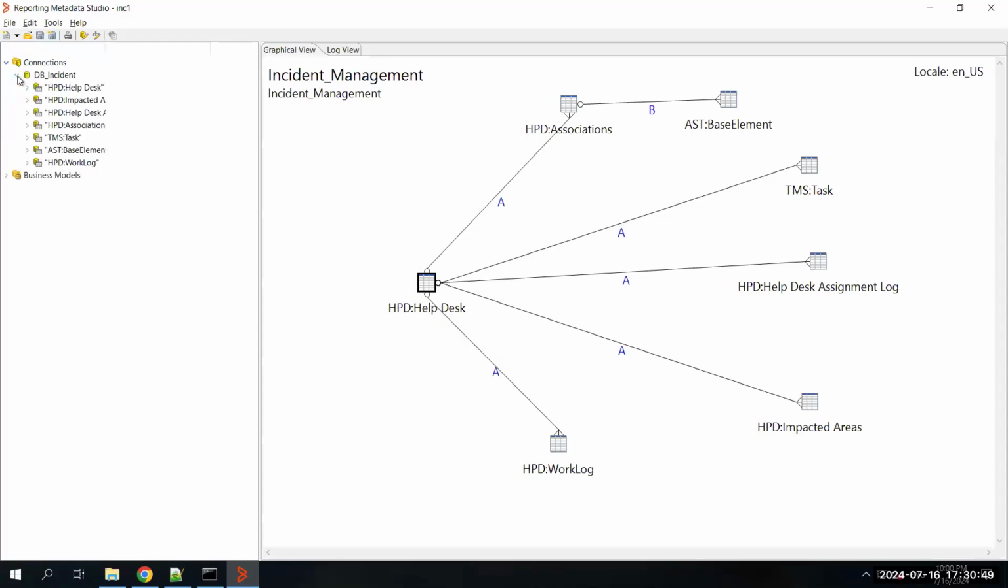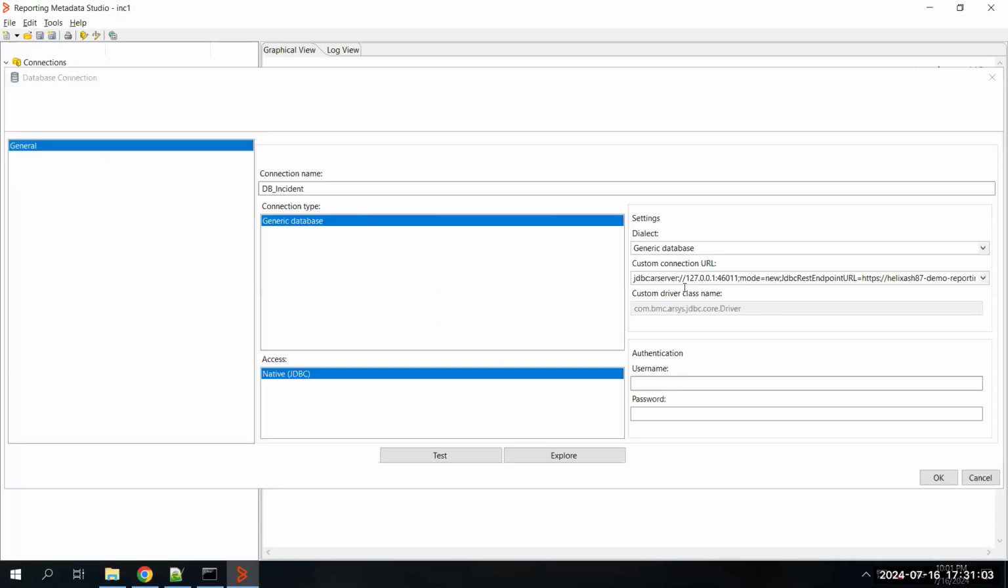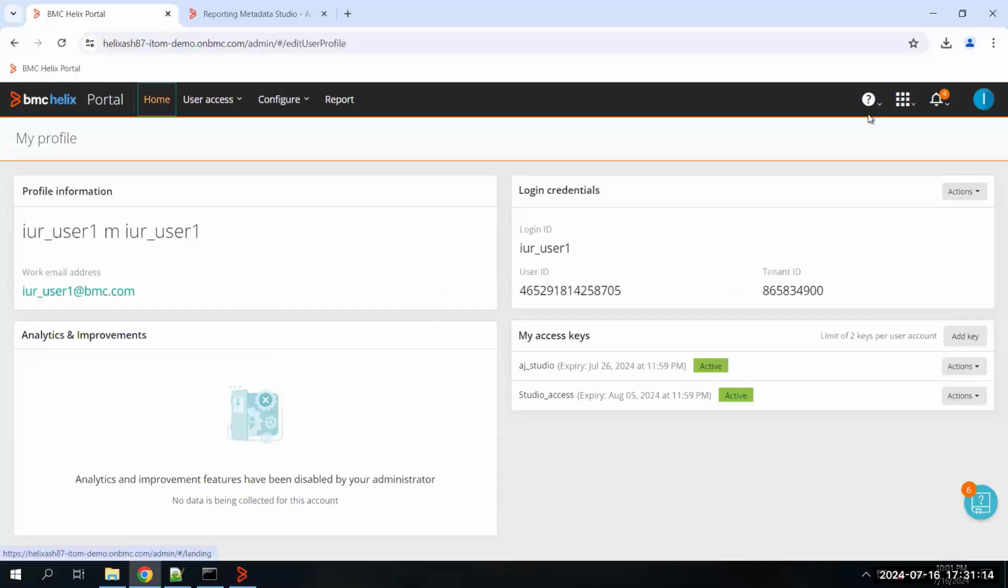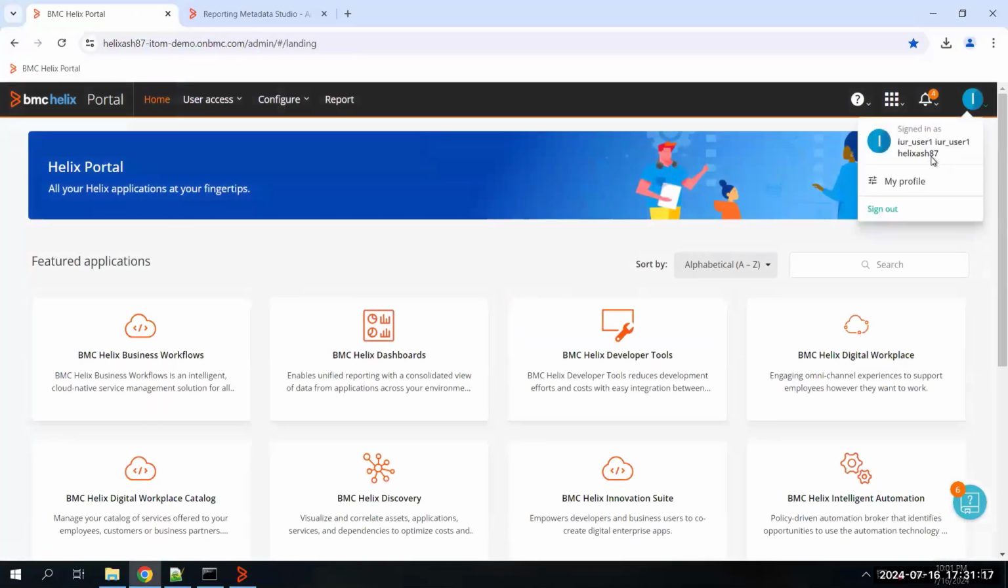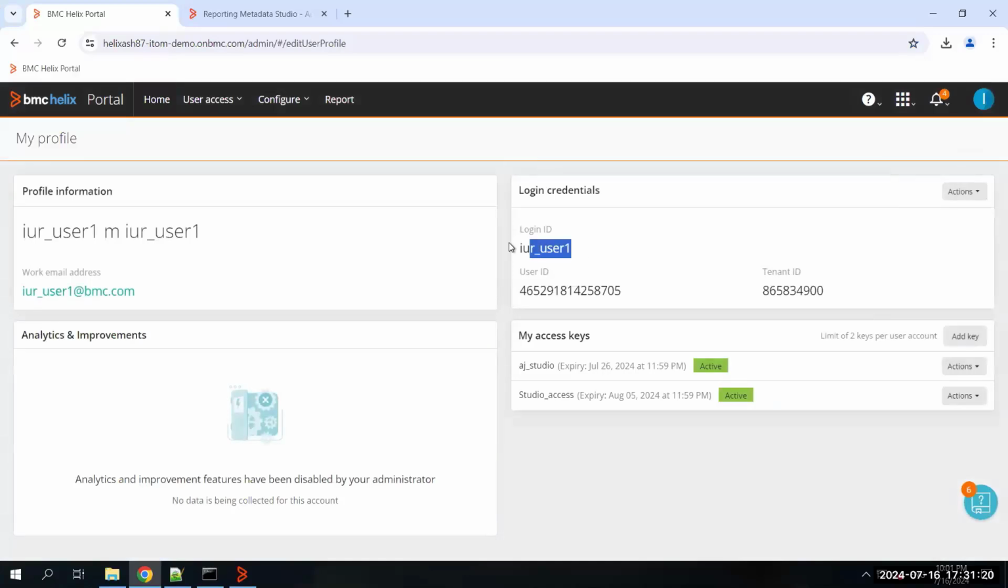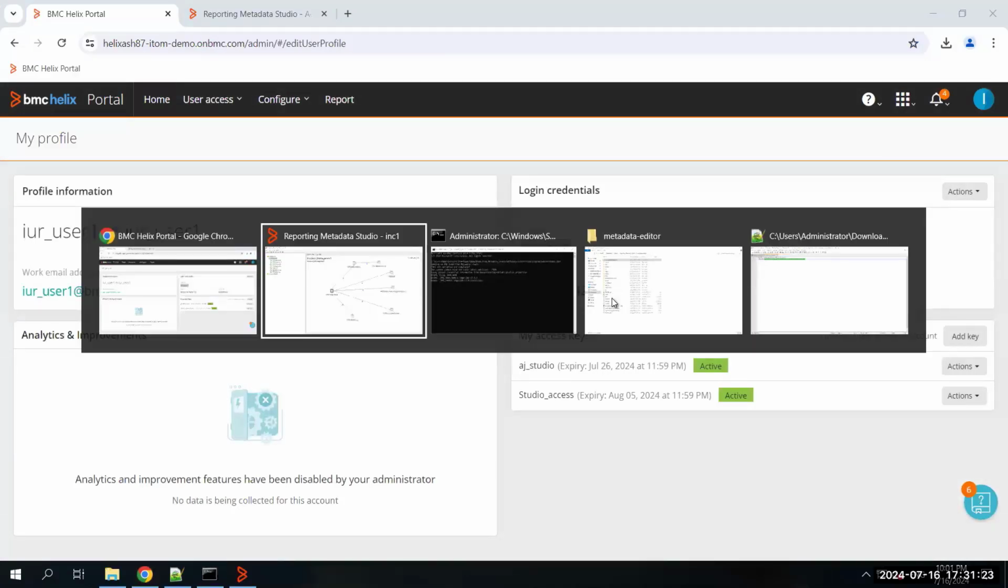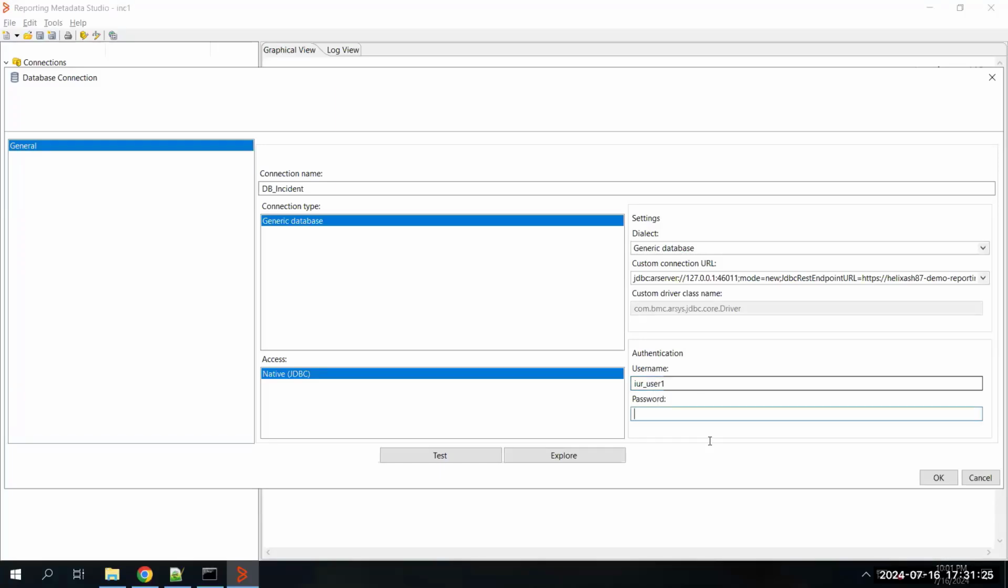Before making any changes, I need to make a connection to my AR database. So I'll just edit it. This connection is already created because we have all this information in the environment.property file. The only things not there are the username and password. Right now I am logged in with this user one, so I'll use the same user to connect to the database as well. And if I just click on test,